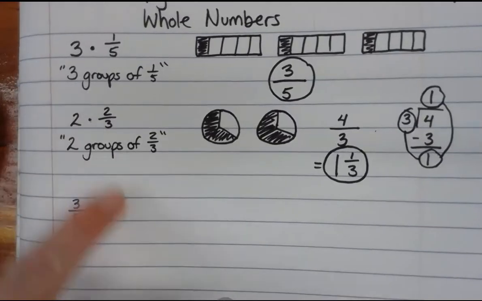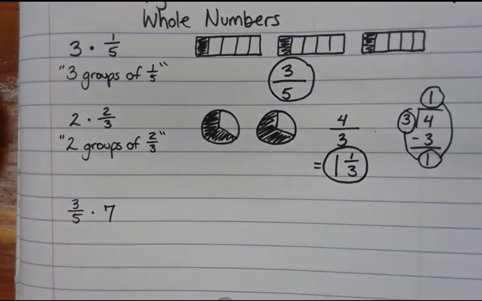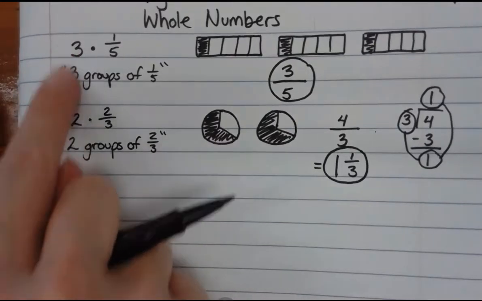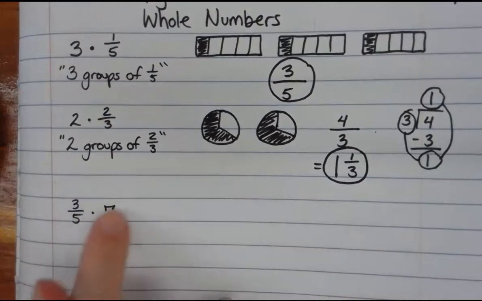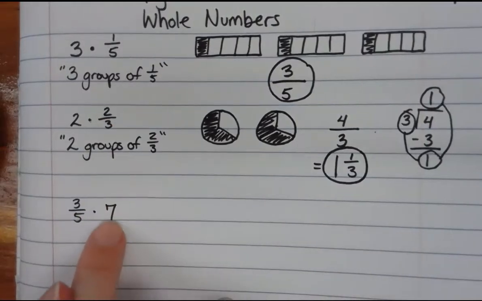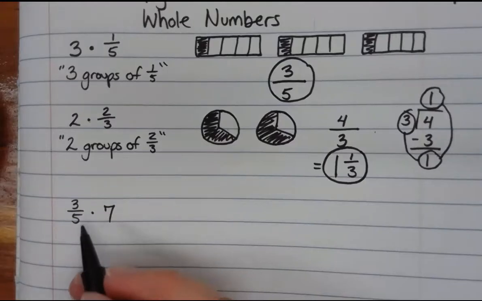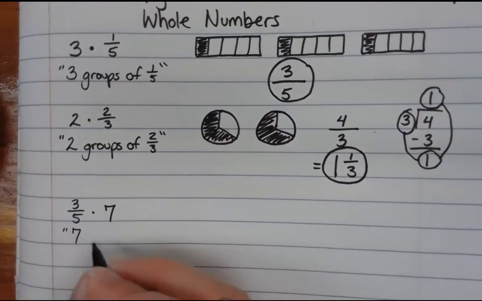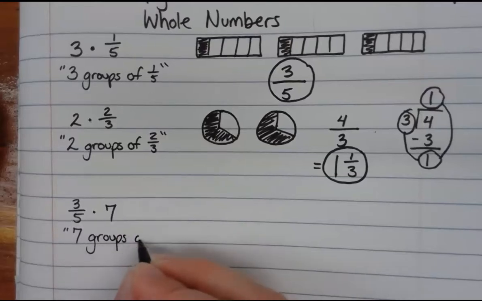Now, it does not matter what order they're in, right? It does not matter whether the whole number comes first or the fraction comes first. So here, it's just flipped around from what we had up here, with the whole number first and the fraction second, but it doesn't matter. Here, what we're going to have to think about is that our whole number represents the groups. The fraction represents how much we need to shade in. So here we have 3/5 times 7. We can think of this as 7 groups. So the whole number represents the groups. 7 groups of